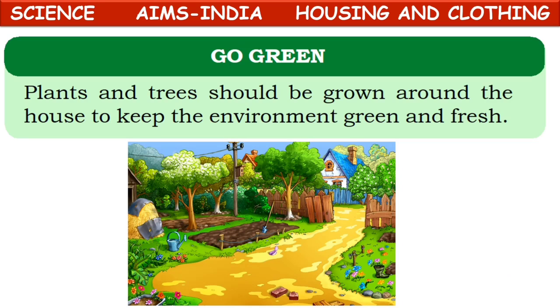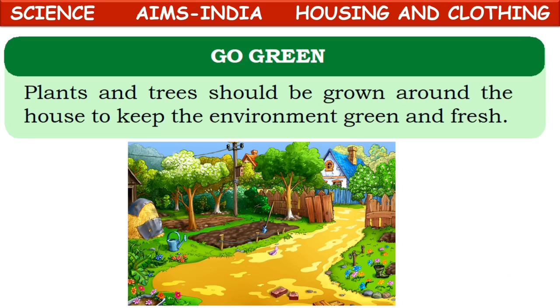If we do not have much space in front of our house, you cannot plant big trees like mango, neem and all that. If your area is very small, you can just plant some indoor and outdoor plants in pots, so that it will add greenery to your house, you will get good air to breathe, and the house also looks very beautiful.